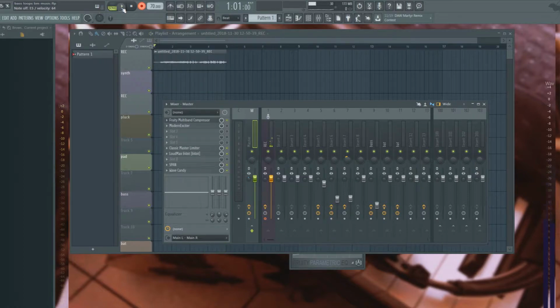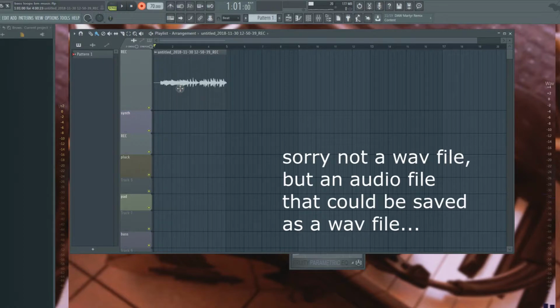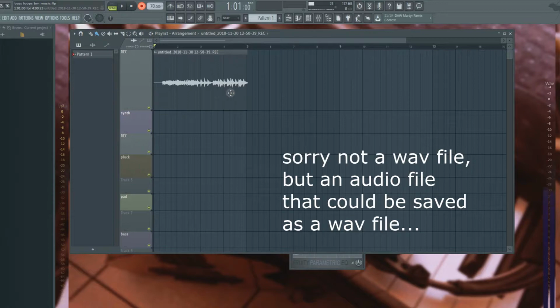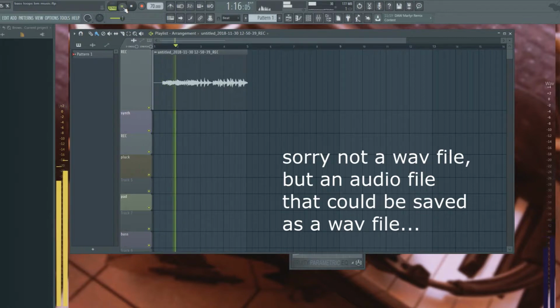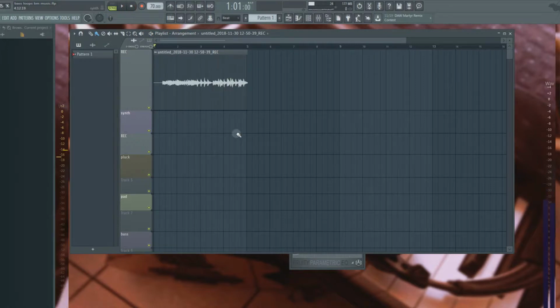Okay. Whatever, just to have an example here. So this is a WAV file, right? This WAV file is good because I know when I hit play, it's gonna come all the way up to 14 or 12 or 16. So that's a pretty good level. Let me show you. 16. Okay. So that's pretty good. 14. Okay, so the point is,